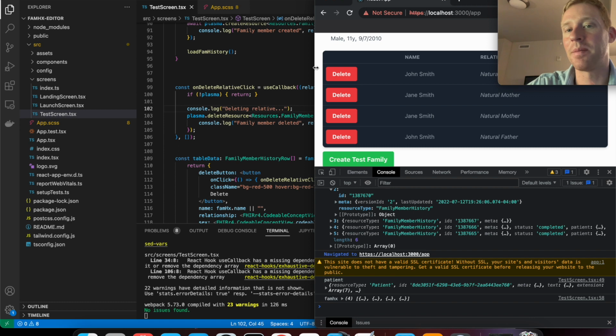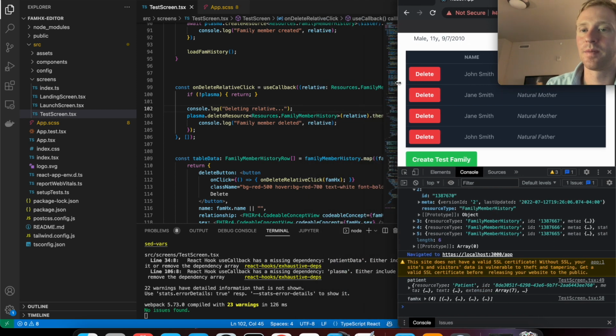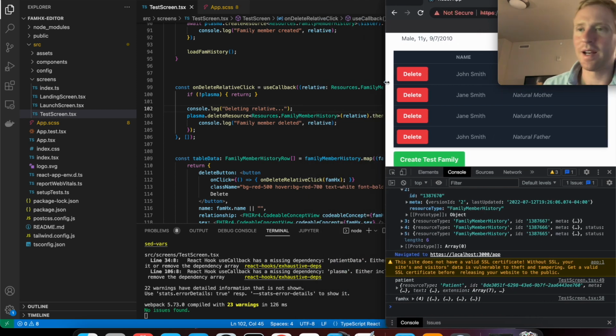So if you're building an app and you're doing what I was trying to do, which was reload every time, you may have some weird behavior in between if it hasn't fully updated on the server yet. Okay, well, it has been an hour, and I didn't complete the goal of performing all the CRUD operations, although we did do C, R, and D. The one thing we didn't do was update a family member, and I'll show you how you can do that,